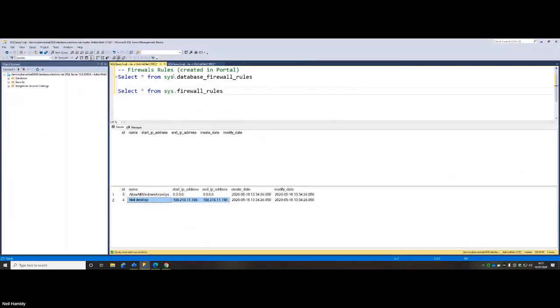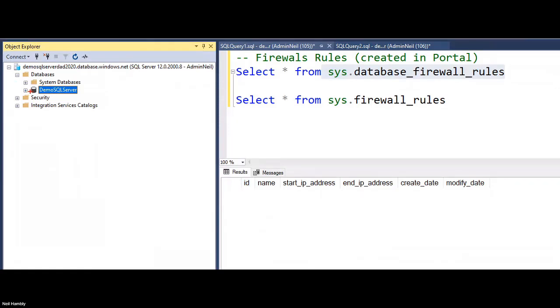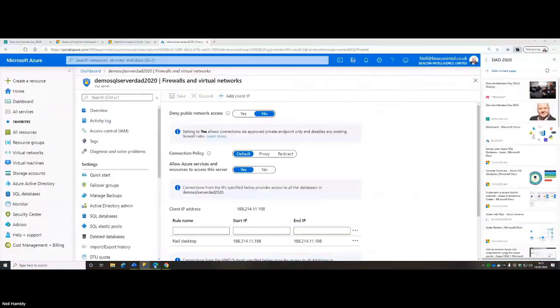If I want to add database firewall rules, I have to use T-SQL. I'm not going to fully script that out today, but there are some links on how to do that. Essentially, if I wanted to, in this specific database, add a database firewall rule, I could do that. There's none at the moment in there, but I will be able to look at that if I wanted to add those later on.